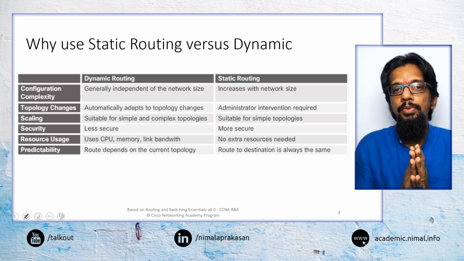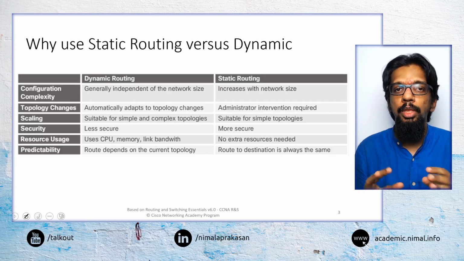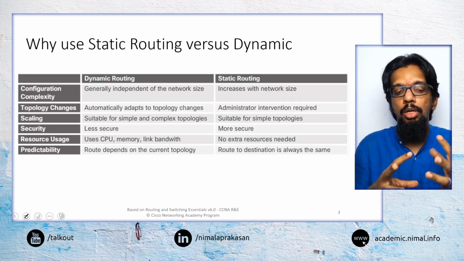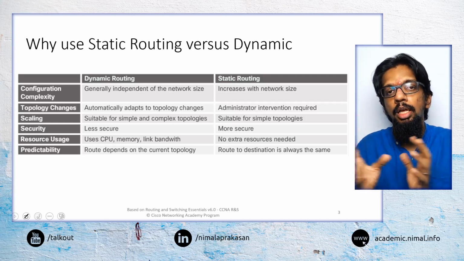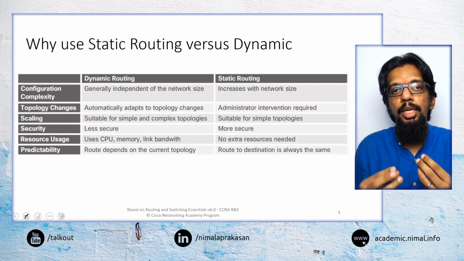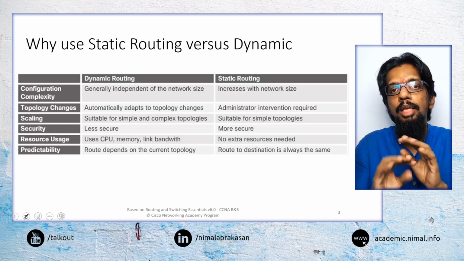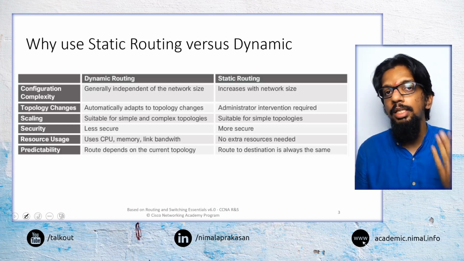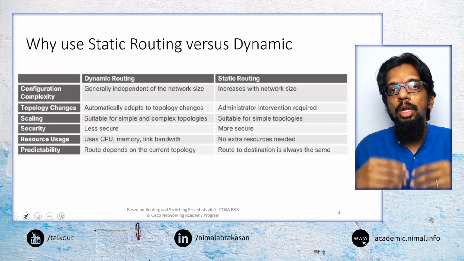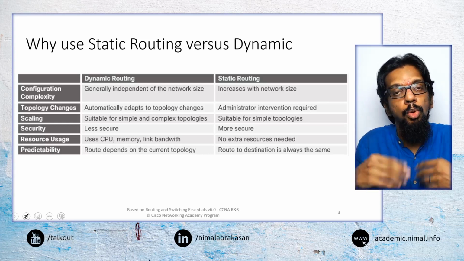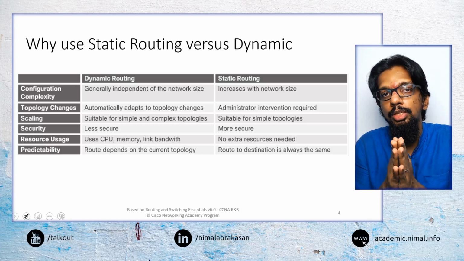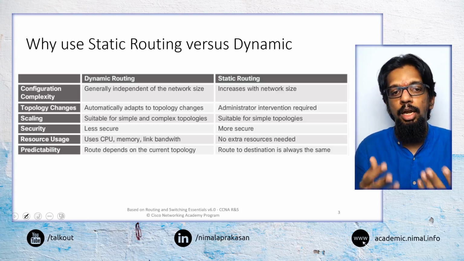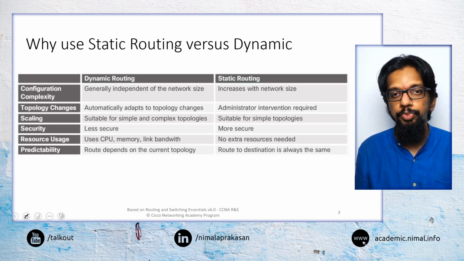Then from a resource allocation point of view, dynamic routing will need higher resources because it has to do a lot of learning about other networks and comparing and all these things. So they may need additional resources to handle these additional overheads about learning and managing that information. Whereas static routing may not need that many resources, no extra resources in addition to the resources needed for routing, because there are no such overheads that are there in dynamic routing.